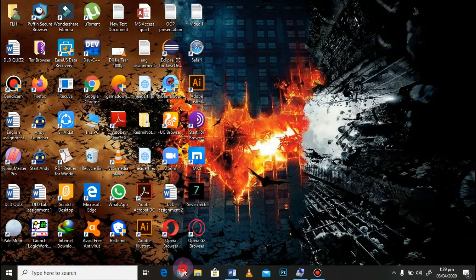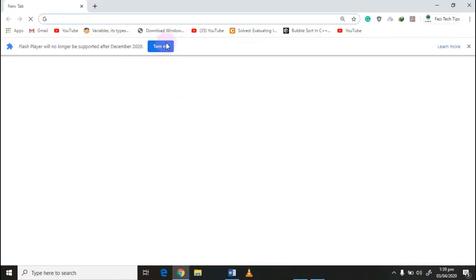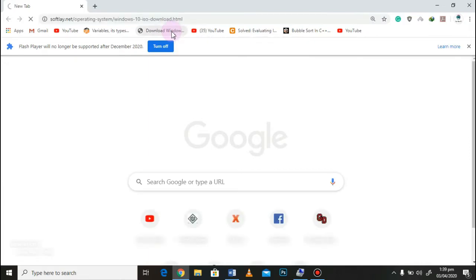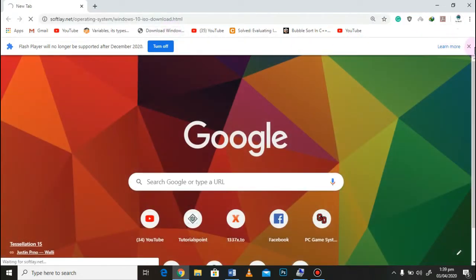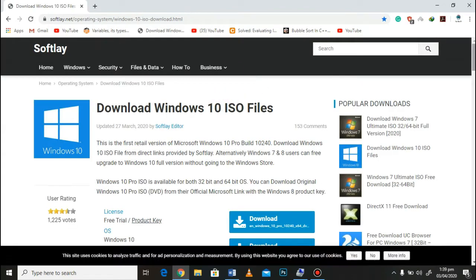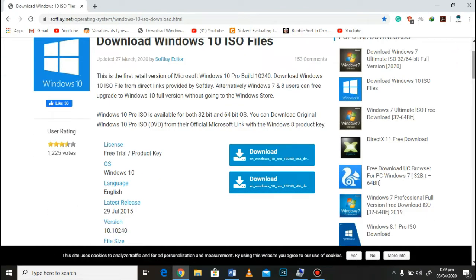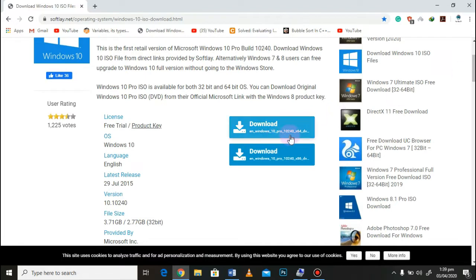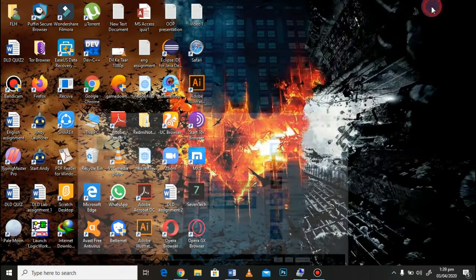Let's go to our internet browser. From here to that link. As you can see, you can download Windows from here. If you want to download 64-bit Windows, you should click x64, and if you want to download 32-bit Windows, you should click x86. So after downloading this, the next step you have to follow is